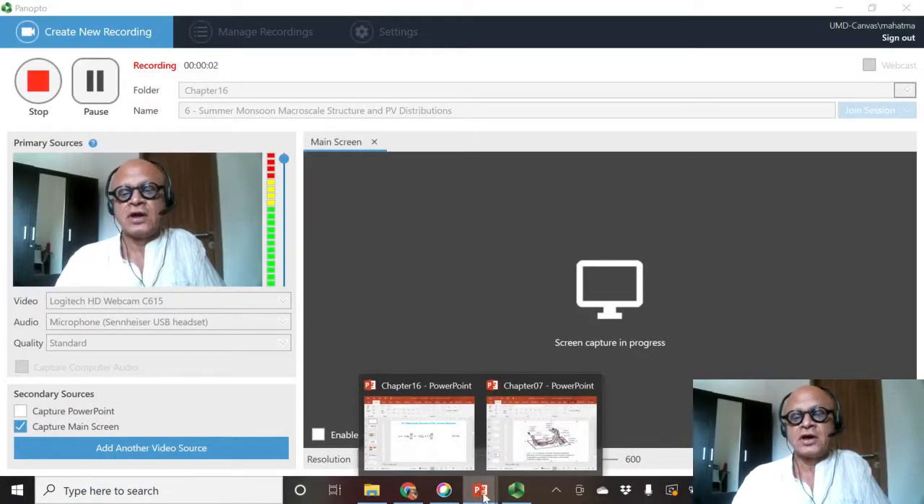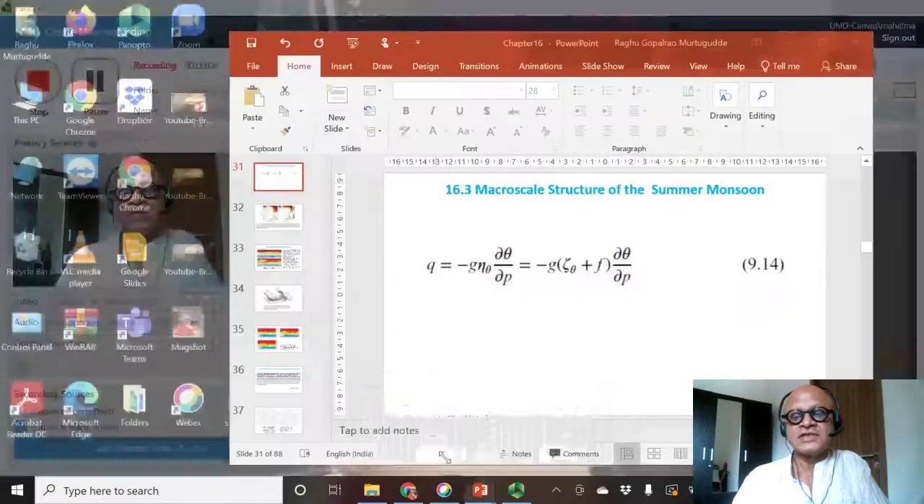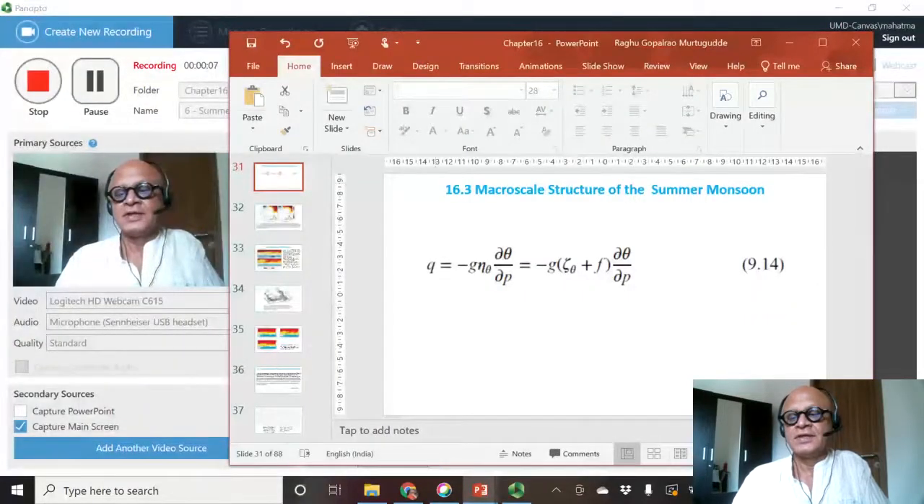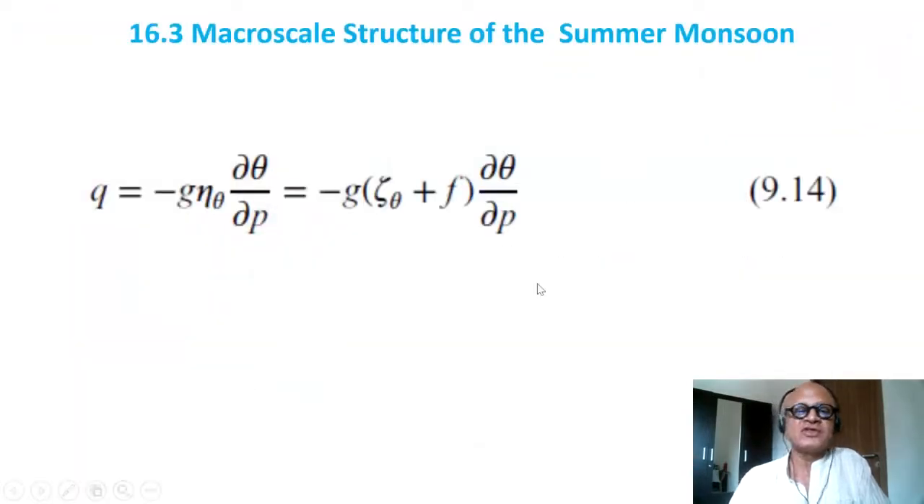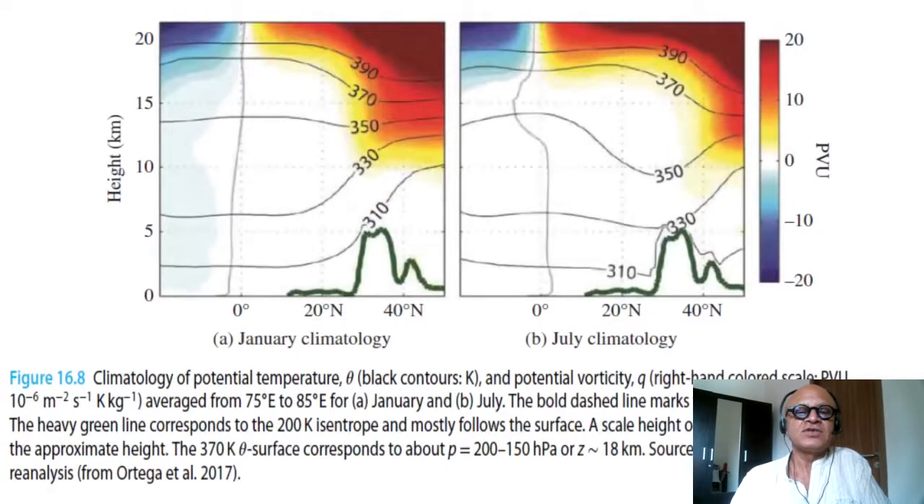We keep saying monsoon is a heat source, so obviously we have to come back to PV, right? The potential vorticity. If you remember from chapter 9, it's defined as minus g eta theta d theta dp, where this is the vertical structure, and that's the absolute vorticity zeta theta plus f. So this is the isentropic potential vorticity, and the idea was to look at vorticity distributions on an upper level